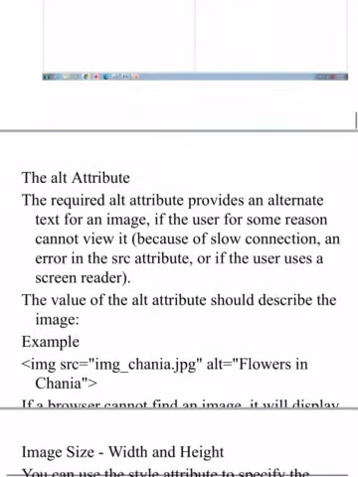Now let's see the alt attribute, what actually is the use of the alt attribute in img. The required alt attribute provides an alternate text for an image, if the user for some reason cannot view it because of a slow connection, an error in the source attribute, or if the user uses a screen reader.